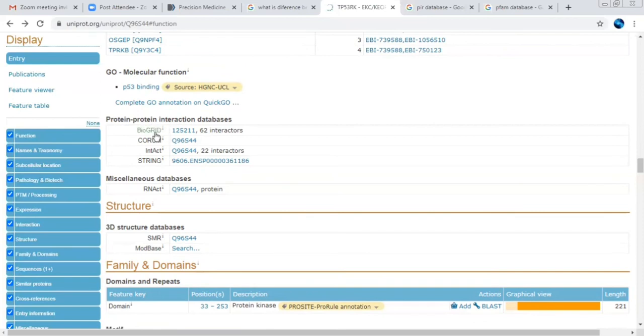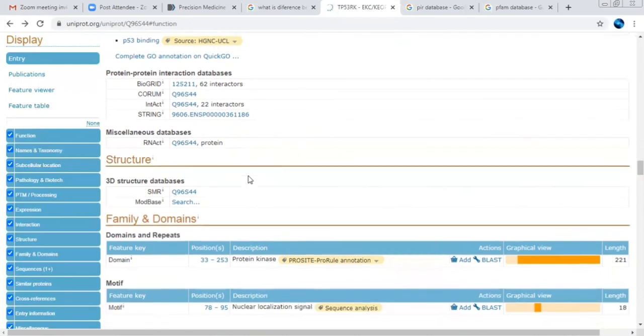This particular protein-protein interaction data you can get in STRING and IntAct. These are all protein-protein interaction databases, and how many interactions you are getting with respect to your search keyword, that data will also be provided to you.